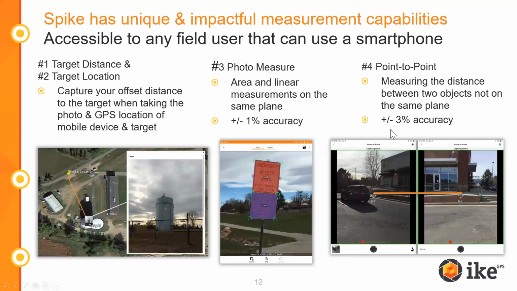So what do we really mean when we talk about plus or minus 1%, plus or minus 3% accuracy? Well, as we'll see when we go through the demo a little later, we're asking people to put fingers on photos or a stylus on a photo and do different things, and because of that, there's an error involved. But what plus or minus 1% means is that if something measures 10 feet in the real world, plus or minus 1% on either side of that measurement is a good measurement for us. So there is a variance there, and that variance is a result of the method that we used.